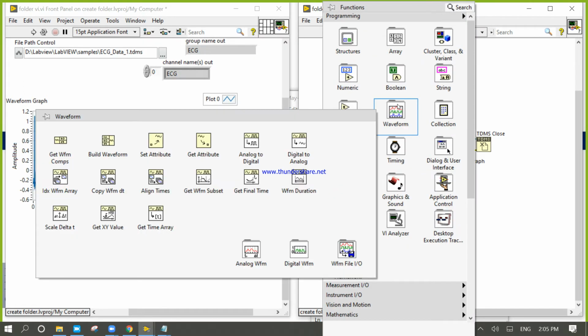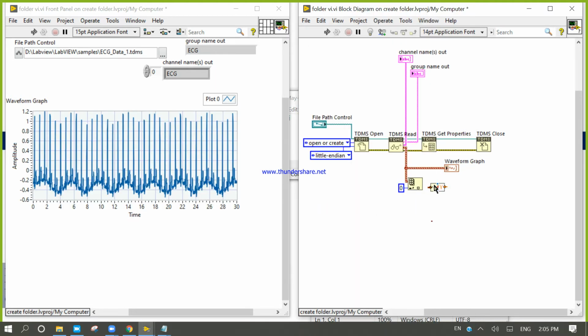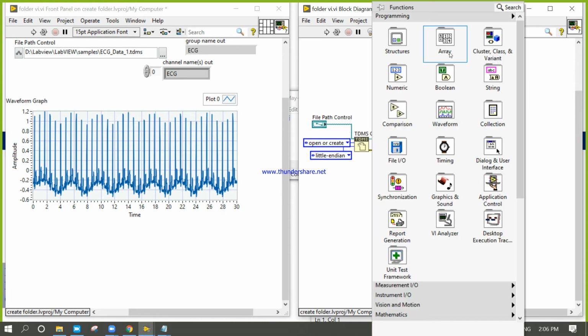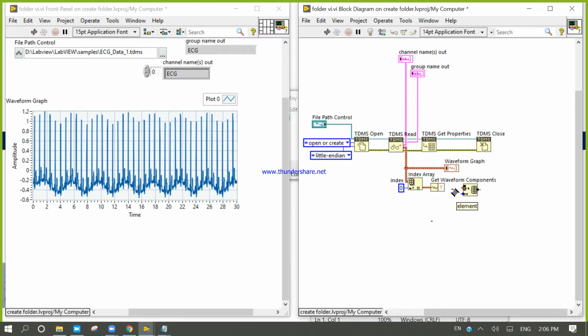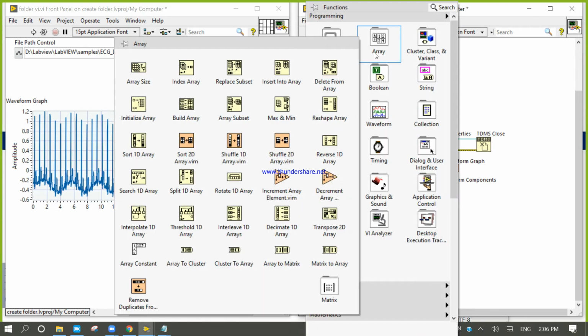After that, we need waveform, build waveform graph. After that, we need array size.